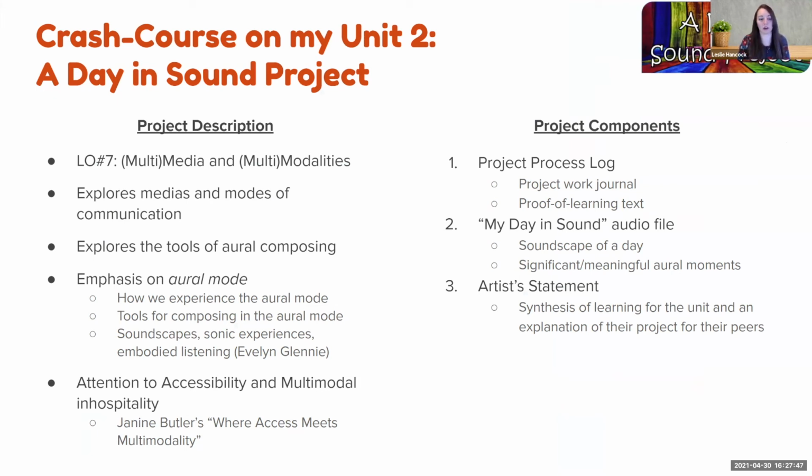But just to reiterate, it emphasizes the oral mode. Some of the major objectives that we were thinking about with it was how we experience the oral mode, different tools we use for composing or recording the oral mode, how we do that. Some of my students gave me some very interesting stories about how they heard birds outside their window and